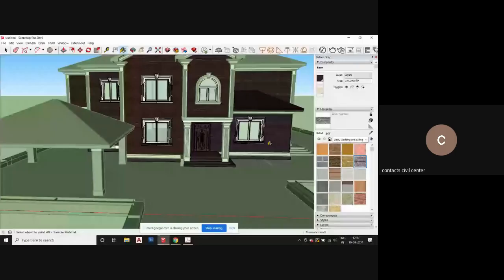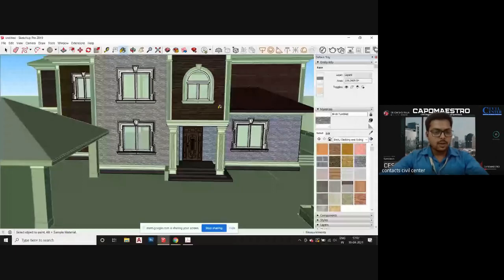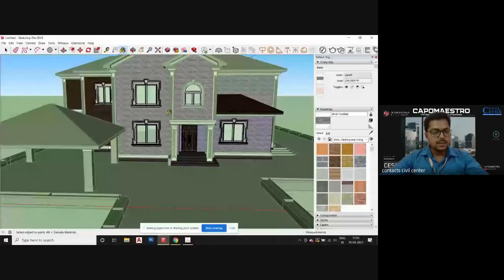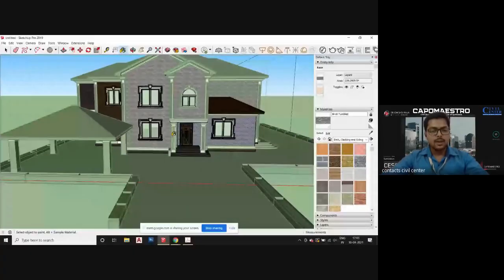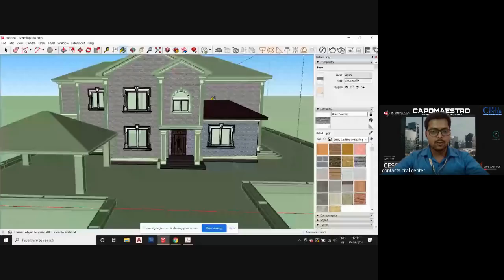In SketchUp, you have also the option of making any object a group. You can start showing. So over here you can see that you can simply group anything and ungroup anything. So how to do that? We will discuss in the next class when we will go in deep or in details of the particular option. But right now, what Twinkle is doing, that she is just selecting the object and then she is applying the texture over there.